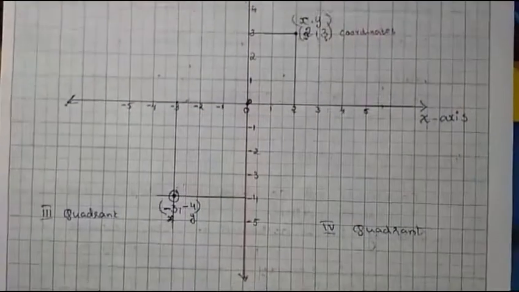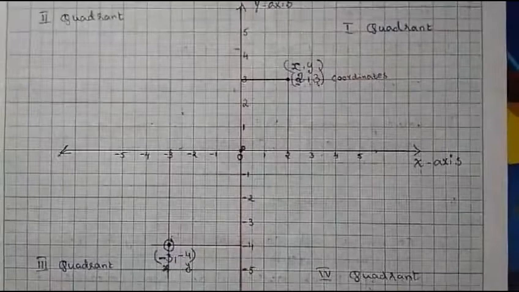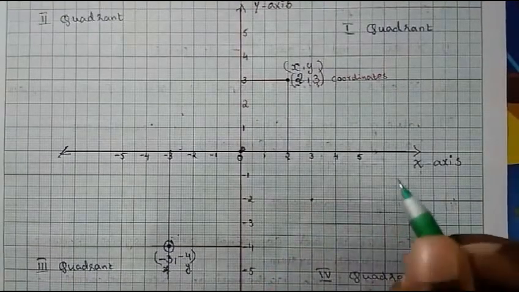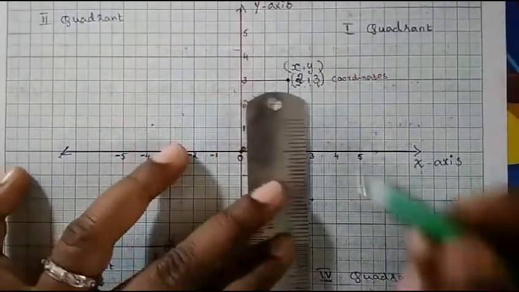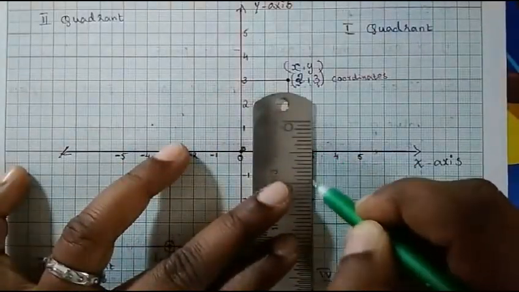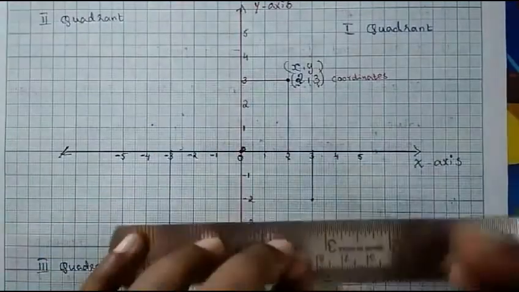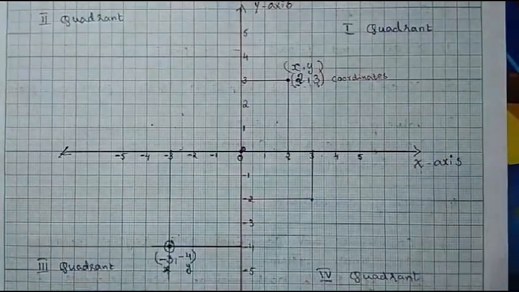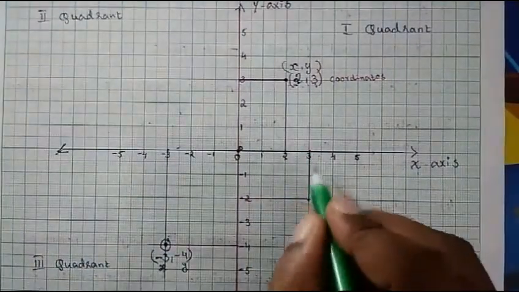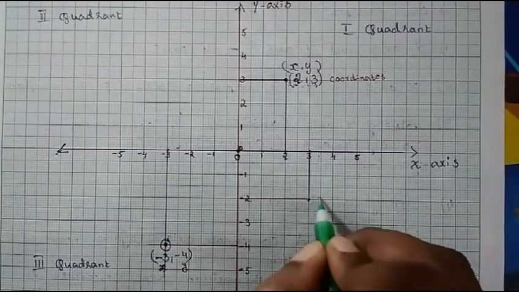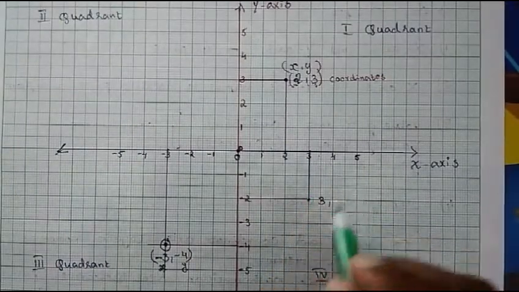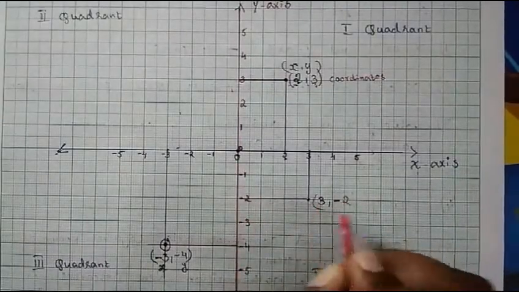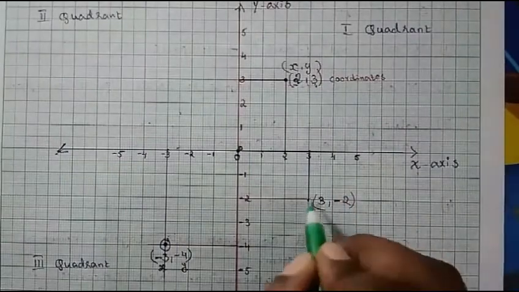Now if I locate a point in this direction, so there is a point here. How do we find its coordinates? We draw a perpendicular line to the x-axis first and then a perpendicular line to the y-axis. So what coordinates will I get here? First is x, right? That is 3, positive 3, and then on the y-axis I have minus 2. So that's how we locate the point.